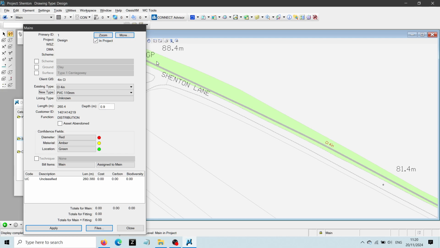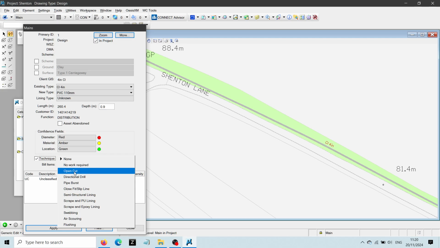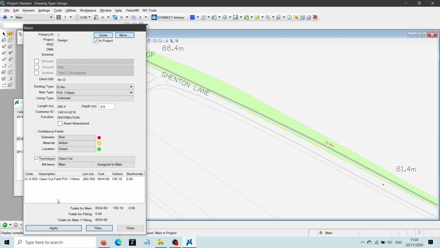So you can see here, this green shape here, that's a field. So we've automatically got that. We don't need to apply that. And then the technique we picked from this list. So I'm going to say that we're going to open cut. And that's it. Now we've set those three items, you can see that a cost has been associated to the